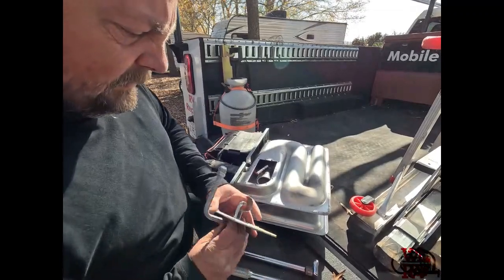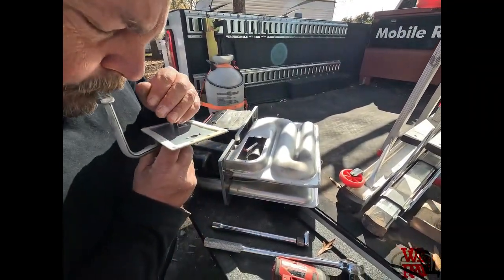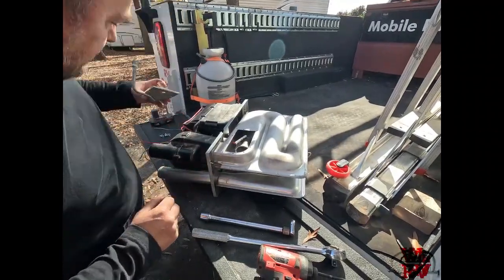Alright. There's our orifice. Looks clean. A little carburetor jet. It feels clean, but